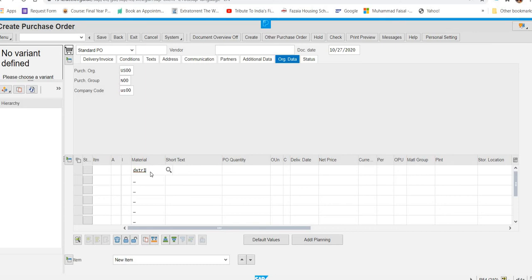What we will do, we will replace it, and I will put my GBI number, you will put your GBI number, and 10 as the quantity. So we'll put 10 as the quantity, and then ST00 as plant. So here is the plant, that is ST00, and then FG00 as storage location. FG00 is your storage location. 8 days delivery date.